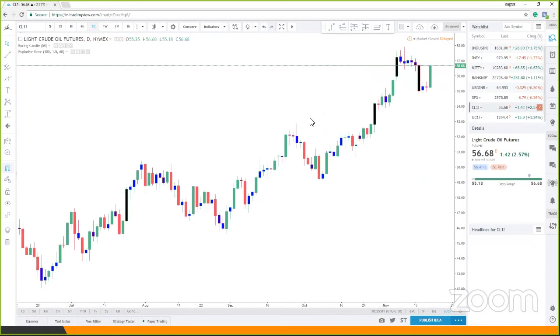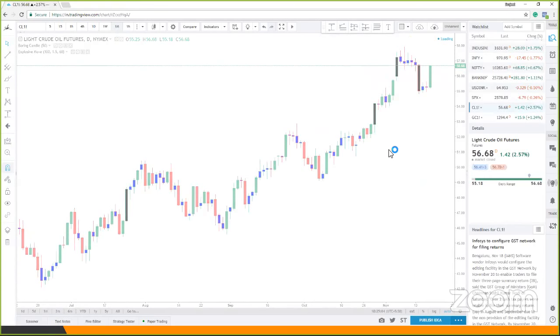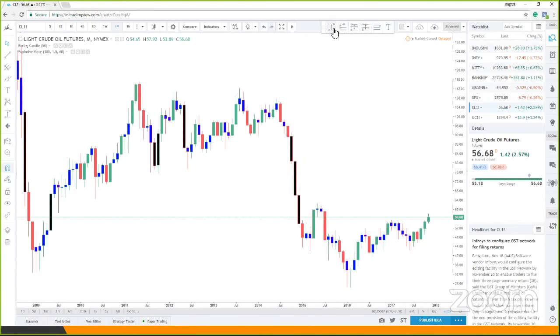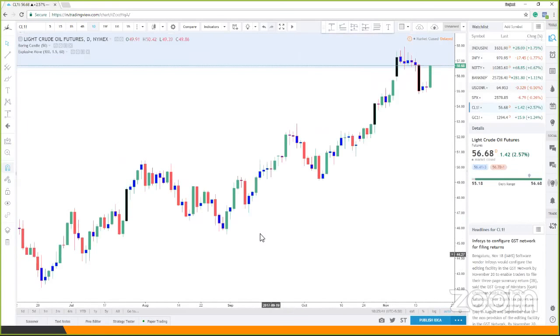Let's look at crude oil. If I go to the monthly, you can see that crude oil as of now is very close to a supply area, and prices are coming to the supply for the very first time. So even though it has been moving up for almost 4, 5 months, yes, a lot of people will maybe be interested in looking for long opportunities. But we are closer to supply, and closer to supply, we should not be looking for long opportunities. We should be looking for shorting opportunities. So crude oil, yes, we are in fact at a very good location to start looking for shorting opportunities on this. So let's see, what do we have on crude oil?